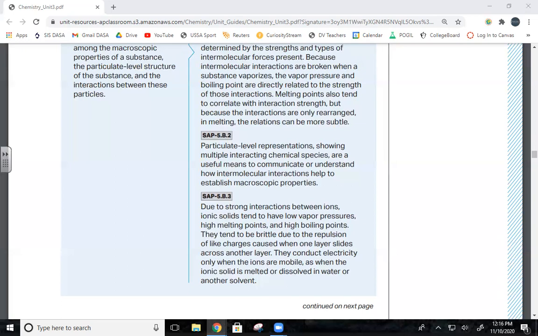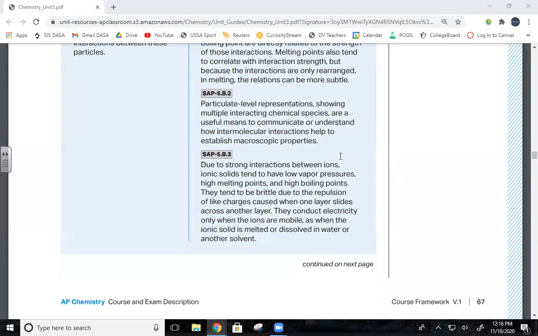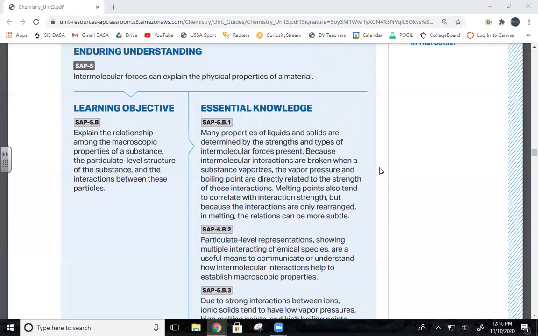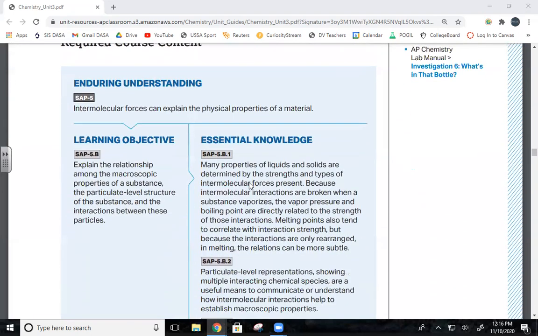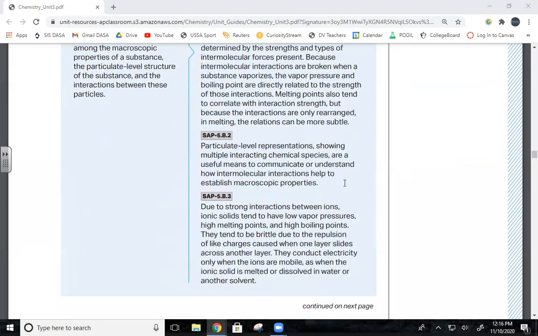Questions on that? This is really straightforward stuff. Okay, so 3.2 is very straightforward, but they try to make it sound scary. It makes a lot of sense, right? If the molecules want to stick together more, they're going to be less likely to melt and less likely to vaporize.